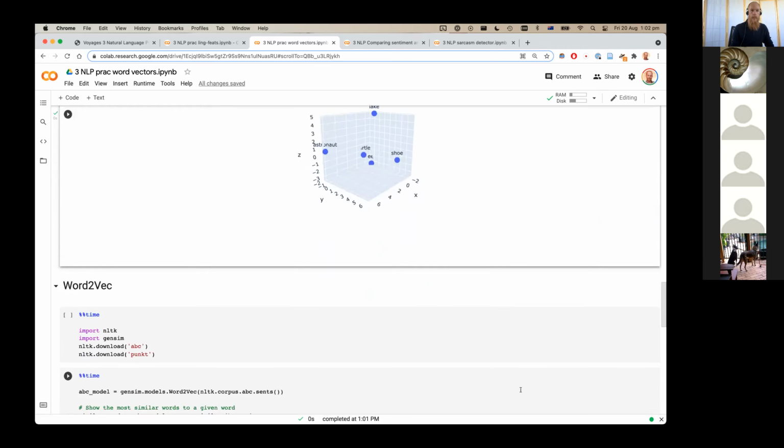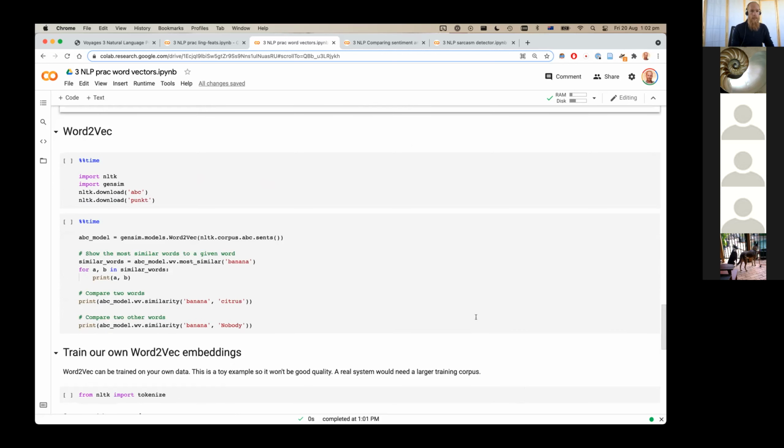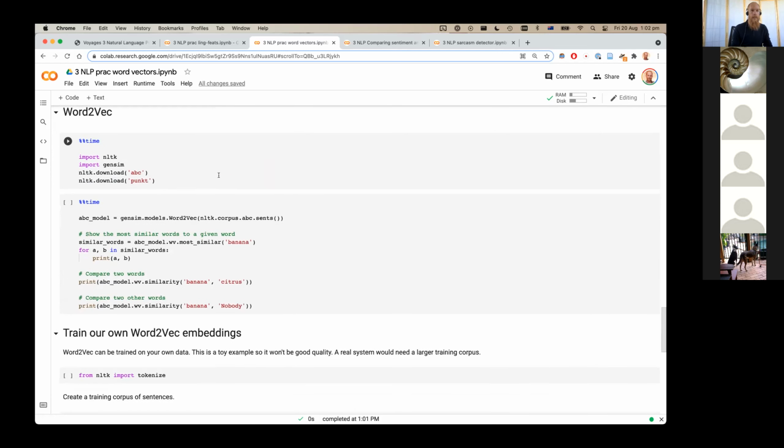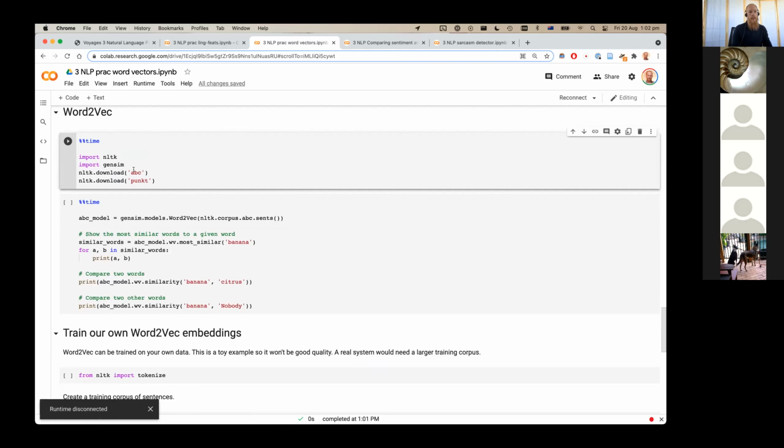Okay, so that's using spaCy. Another approach is to use a library called Word2Vec. And we'll use NLTK and the Gensim distribution of Word2Vec for this. So here we'll download a data set. So ABC, whoops, my